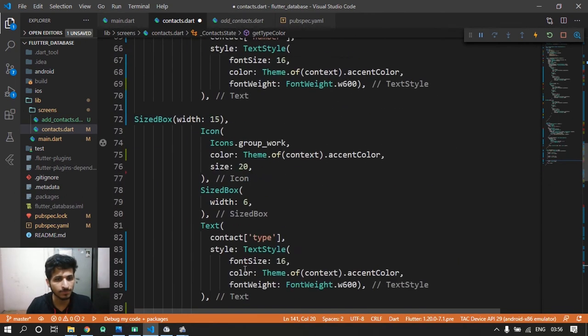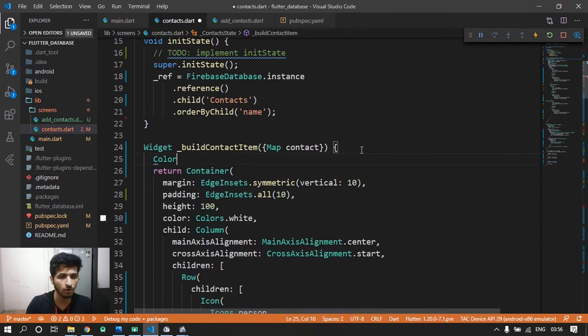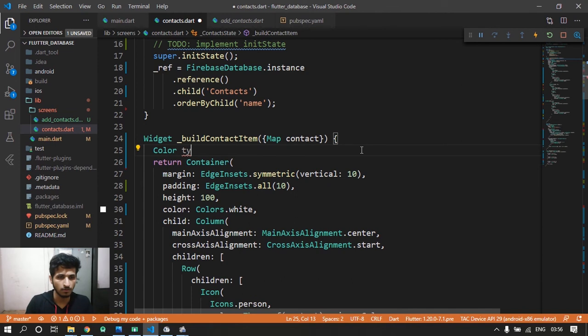Now let's just call this method in our build contact item method. Here I will create a value called typeColor, and it's going to be getTypeColor, and you know we are getting type from this contact map.